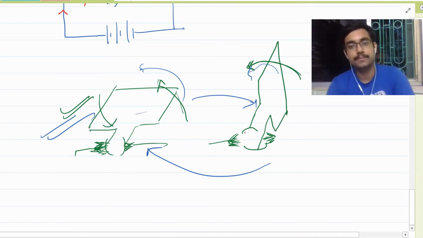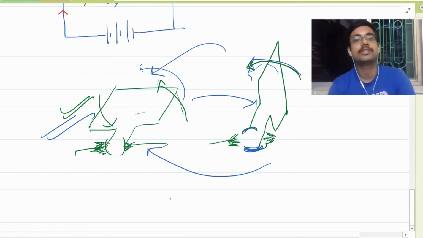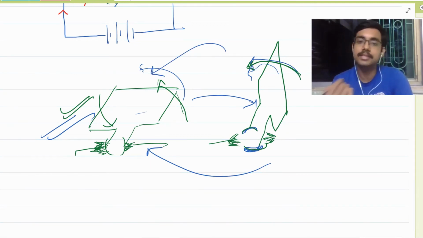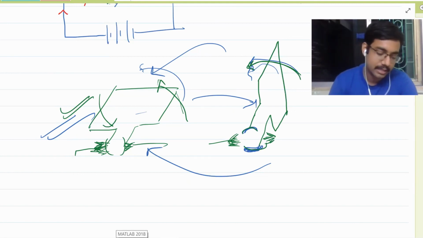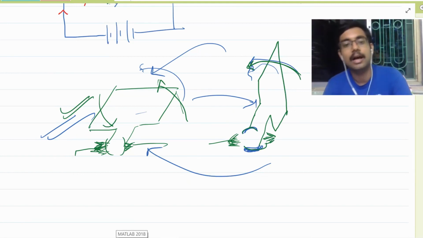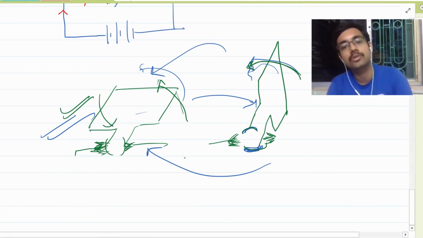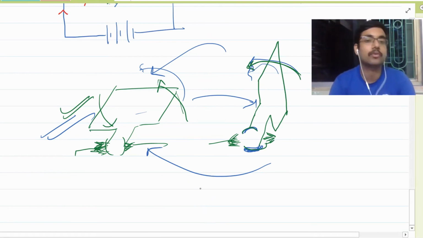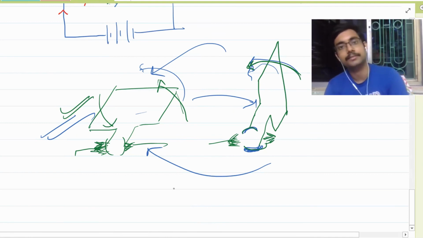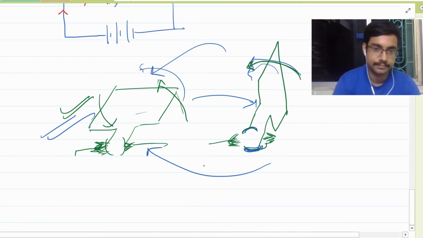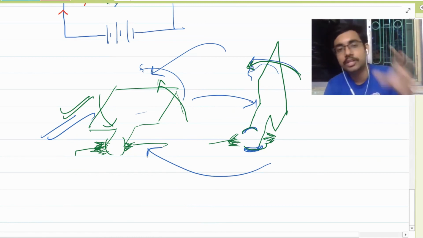Yes. When it comes to this position, you see there is no touch with the brush. There is no current, but there is this inertia of motion, which again allows it to come to this state and again start. Okay. This is how it acts. If you read the NCERT, it is very beautifully written how the magnetic force acts and results in the rotation of a motor. This is clear? Okay. Is the mechanism of rotation of motor clear?